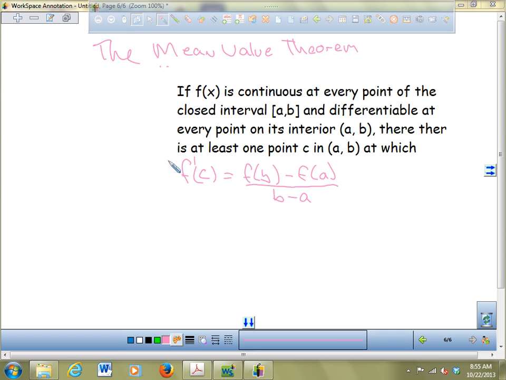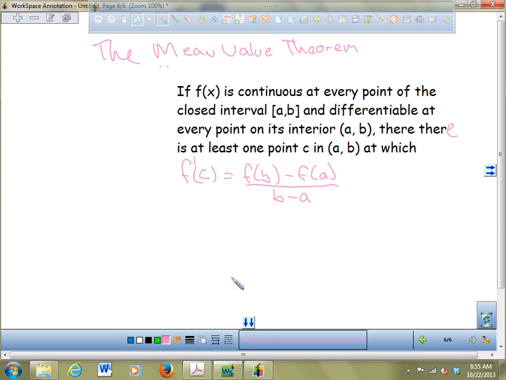So this is called the mean value theorem, and apparently it's a very important theorem for a lot of the calculus, when you get to antiderivatives, and a lot of calculus is based on it. So it says if f of x is continuous at every point of the closed interval a, b, closed meaning it includes the endpoints, and differentiable at every point on its interior, meaning you can take the derivative everywhere inside of those points, then there